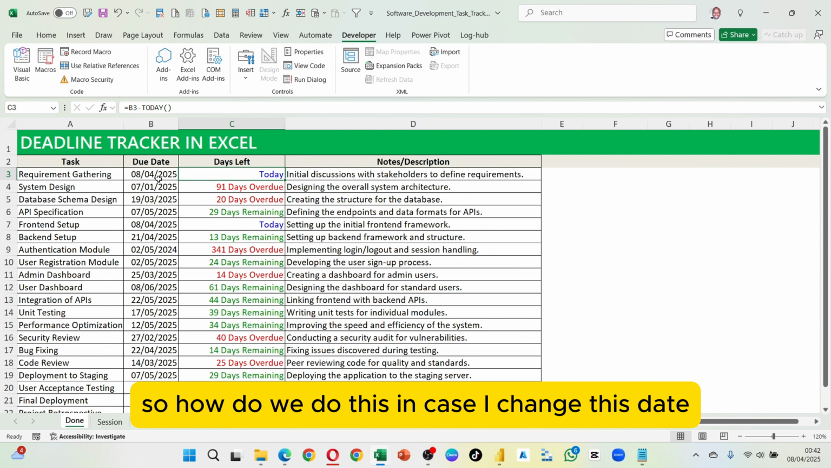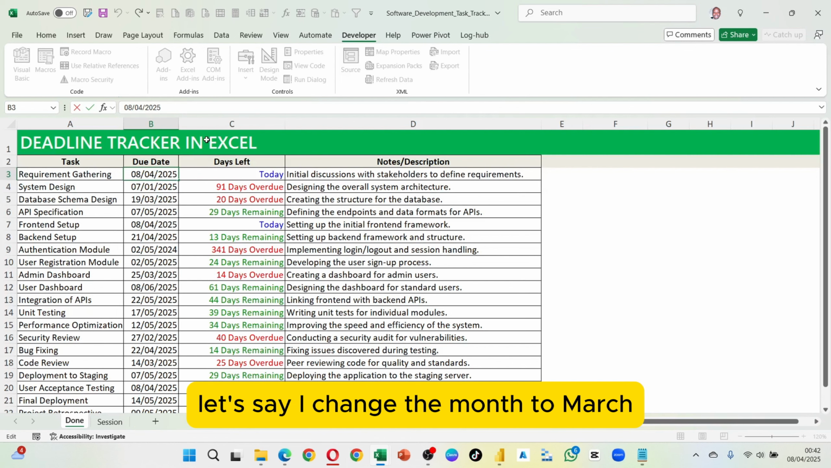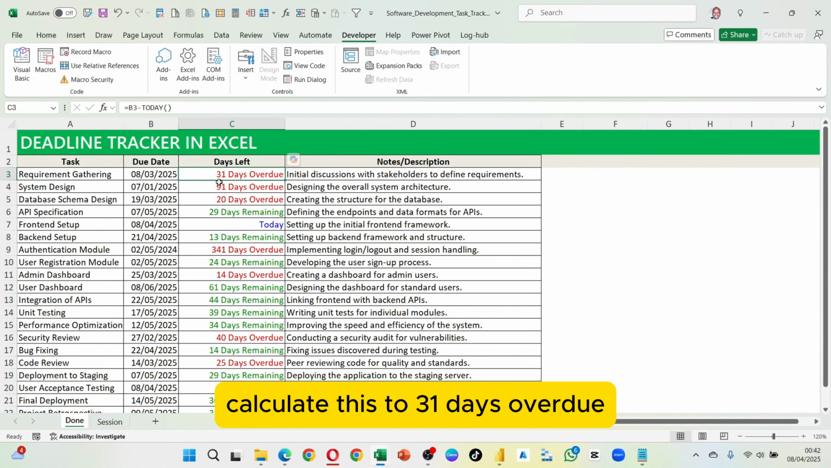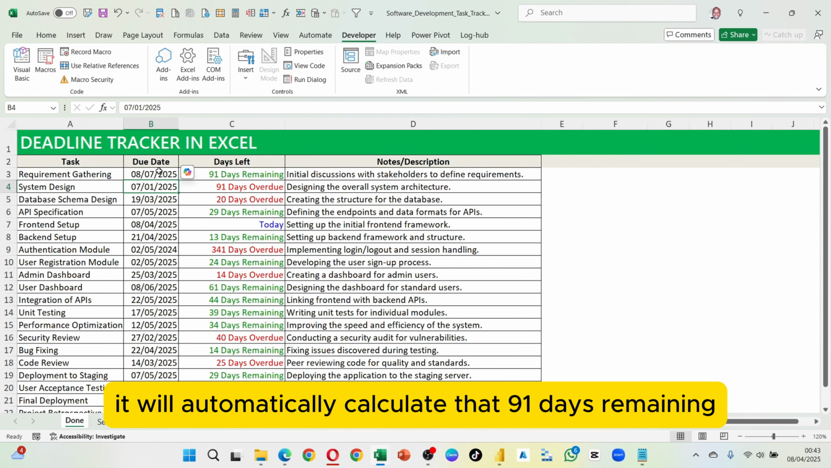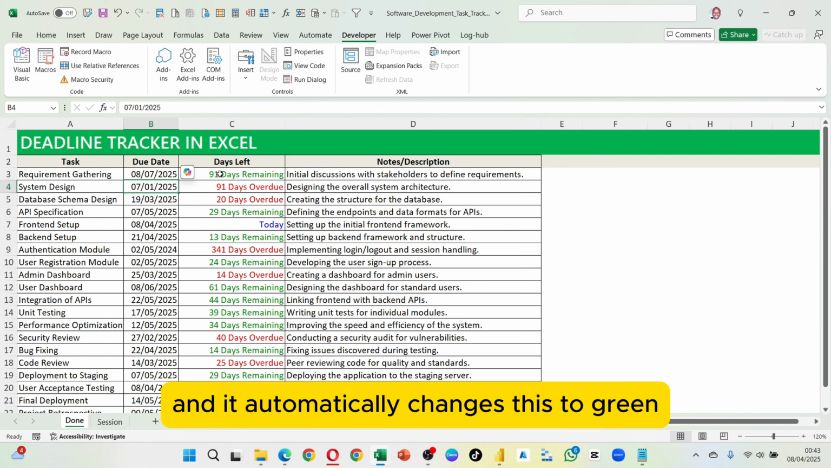So how do we do this? In case I change this date, let's say I change the month to March, it will automatically calculate this to 31 days overdue. If I change this to July, it will automatically calculate that 91 days remaining, and it automatically